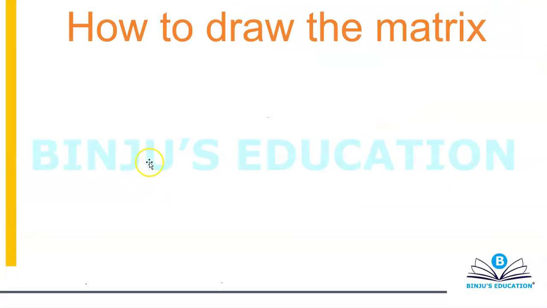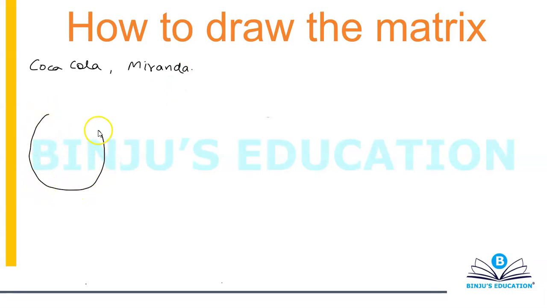So let's try and understand. Let's take an example. Let's say there is a party and in that party there are only two beverages available. One is Coca-Cola and another one is Mirinda. So if there are only two beverages available, what are the possibilities? Like what can people drink in this party? In order to represent this information, we use a Venn diagram with circles. So a Venn diagram with two quantities using circles is drawn as something like this.